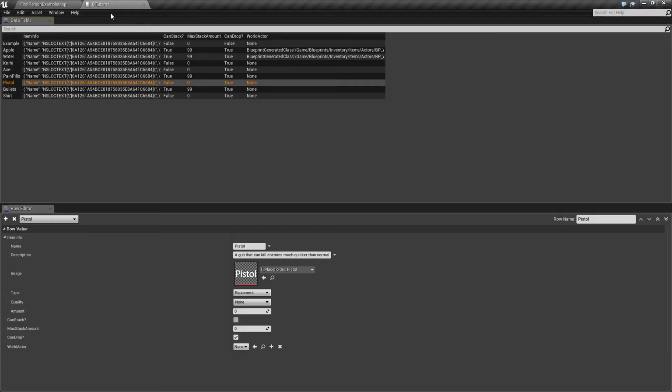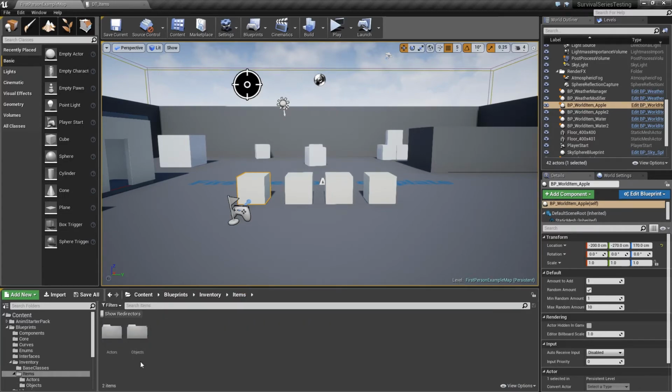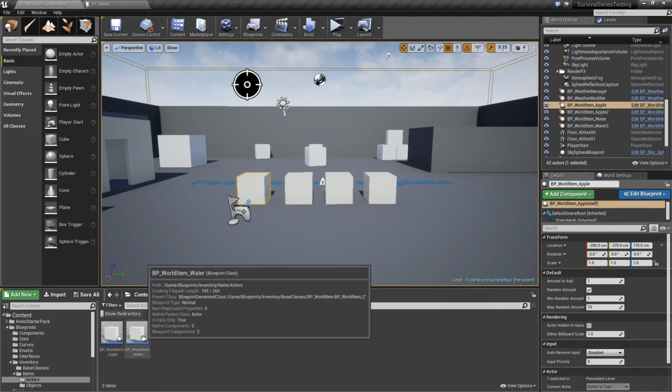Okay, so once we've done that, now all we need to do is create the actual world actors, or the world items for each of these. So that'll be a very similar process. We'll come into actors here, and we can just duplicate these as well, since they're already child classes of our